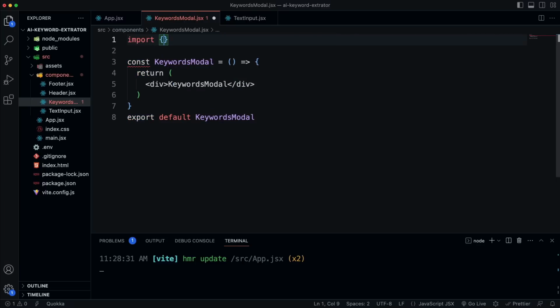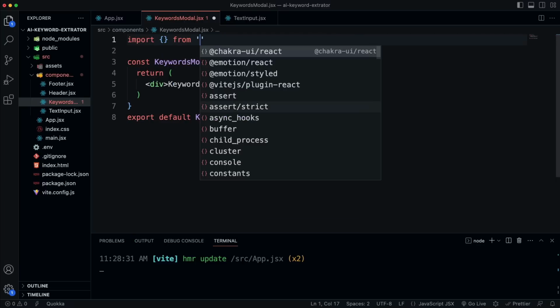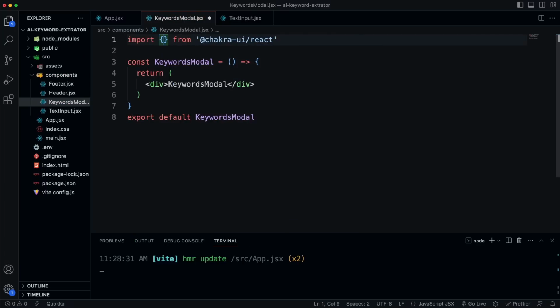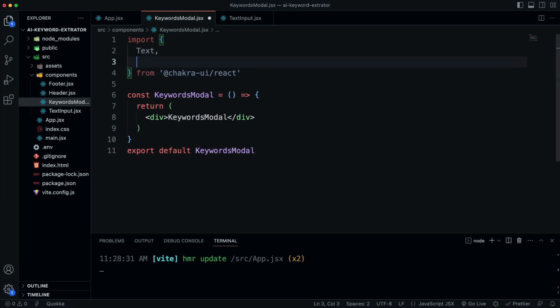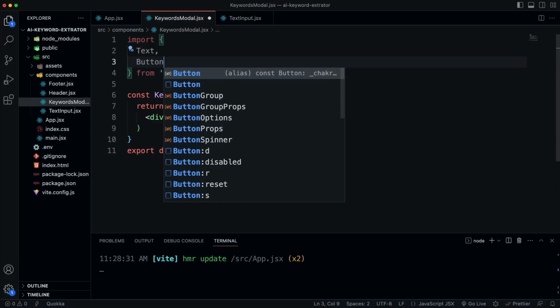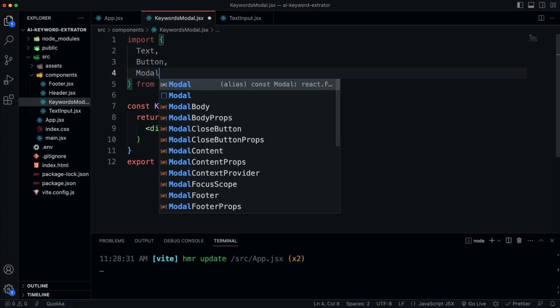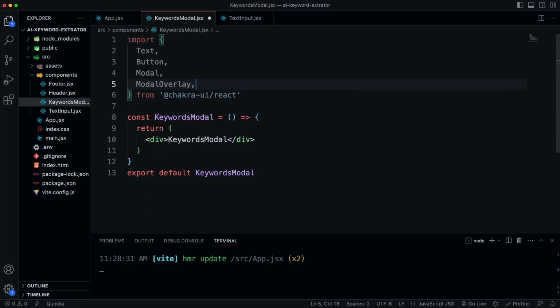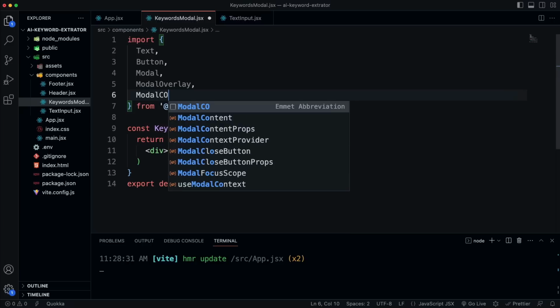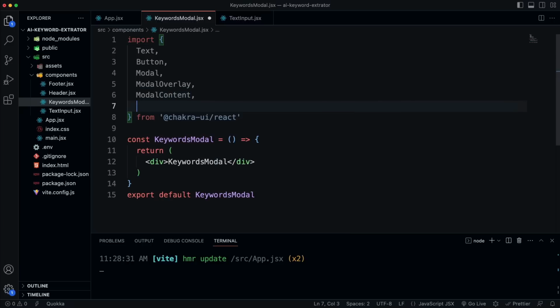And then we want to import a bunch of stuff from Chakra React. So all the modal pieces, and then we also want the circular progress component because we want to show a spinner when we're fetching the data. But we also want text, we want a button, modal, and then we have the modal overlay. Let's say modal overlay, we have the modal content, the header. So modal header,